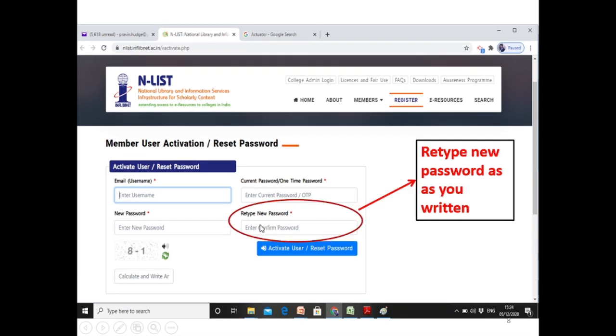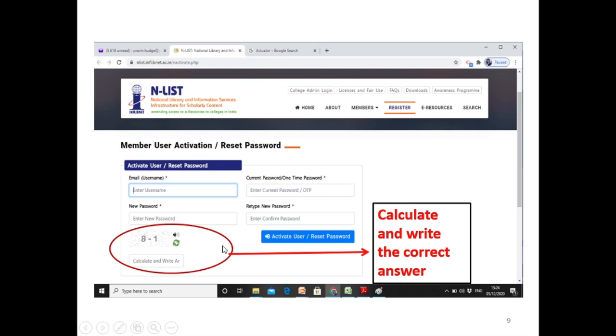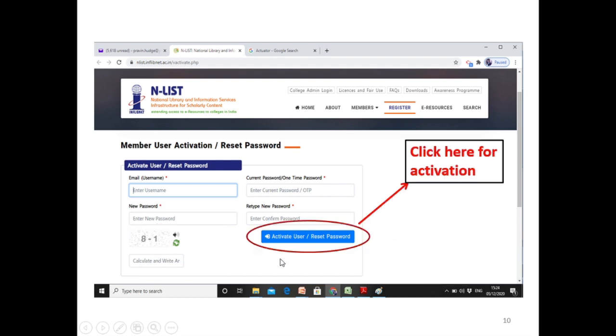Retype the new password, the same that you typed in the new password section. Calculate and write the correct answer in the captcha box. Then click on the activate user button.